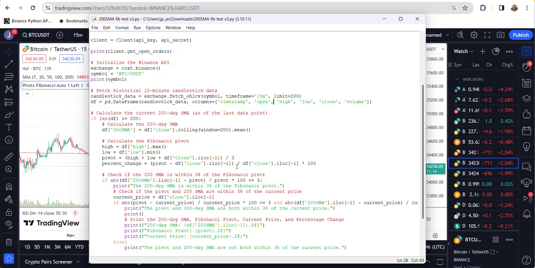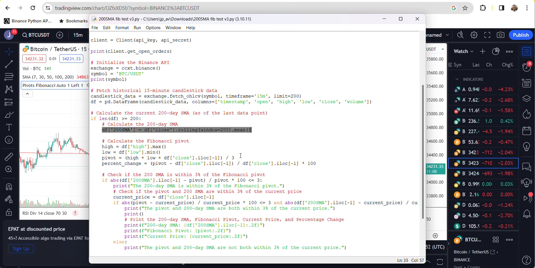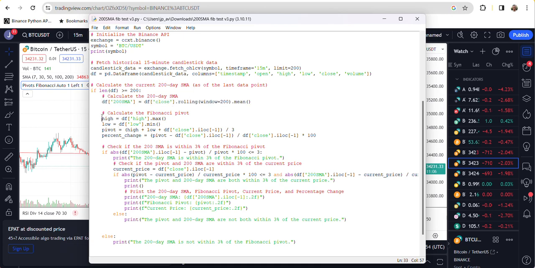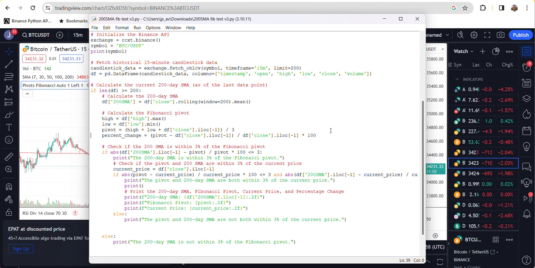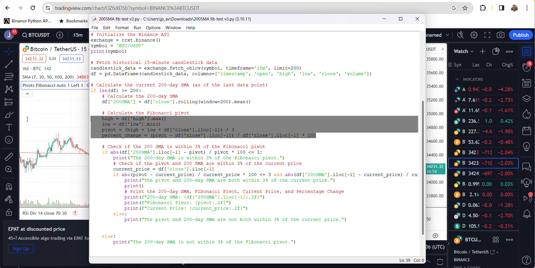It will get the data from Binance and calculate the various things. That will calculate the 200-day SMA, and this will calculate the Fibonacci pivot. I should say I haven't done these calculations myself. I used AI to help me, so possibly I could have done it, but nobody has the time to do that sort of thing.